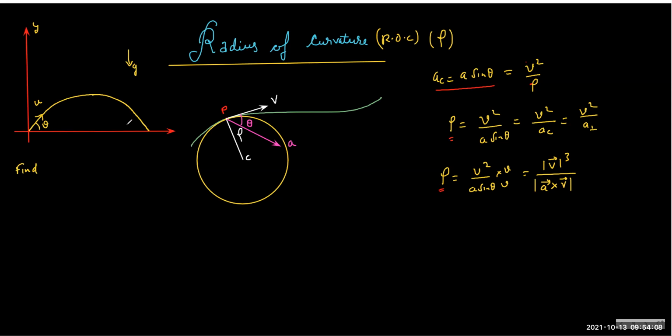This is a parabolic path, and every parabola is a curve, so every point of this curve will have some center of curvature and radius of curvature. So find the ROC of the path of the projectile